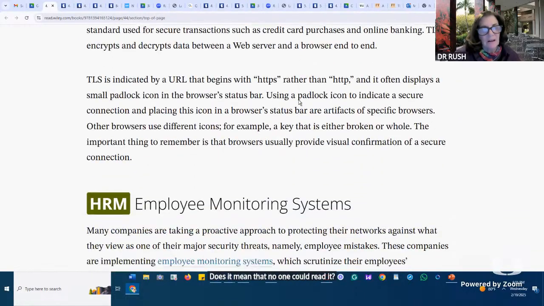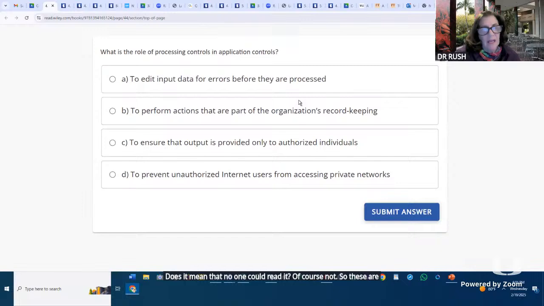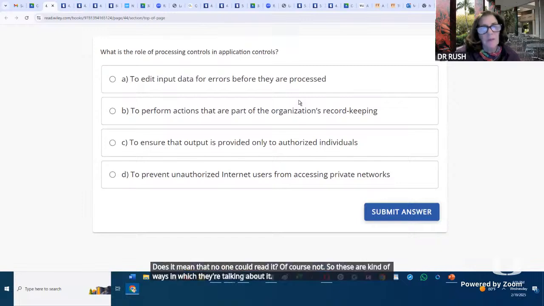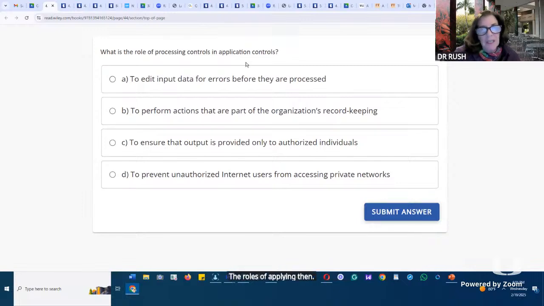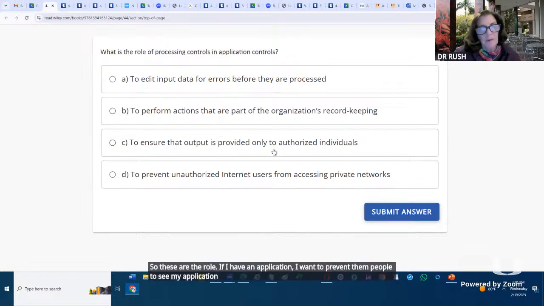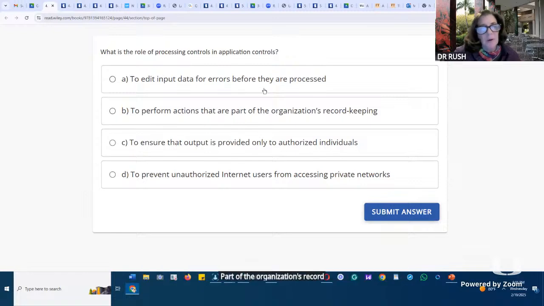Then they talk about application controls. If I have an application, I want to prevent people from seeing my application, to ensure that output is provided only to authorized users, to prevent unauthorized access to private networks, to perform actions that are part of the organization's record keeping, and to edit input for errors.